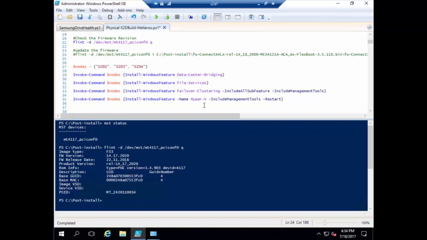It's in the operating system already. You don't have to do anything. You just have to activate it and use it. So it doesn't sit as a role. It doesn't sit as a feature. It's already there. Now, there's a couple of prerequisites that we have to use this and get our underlying infrastructure